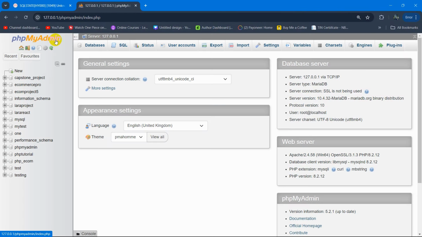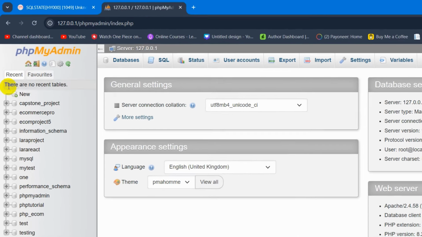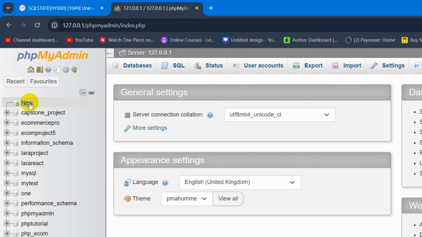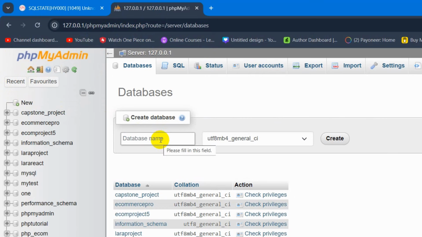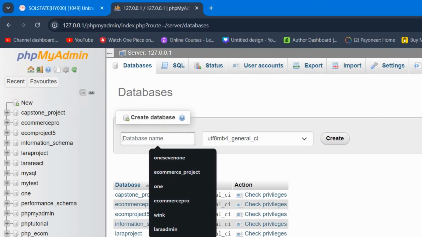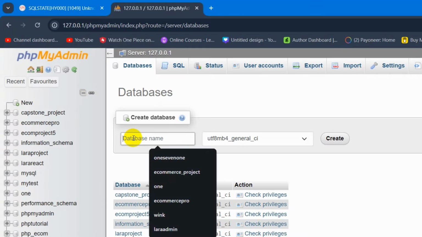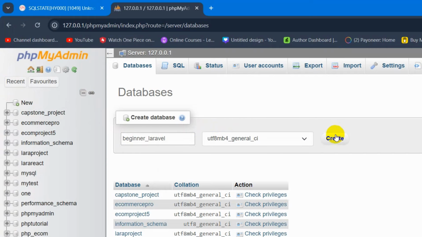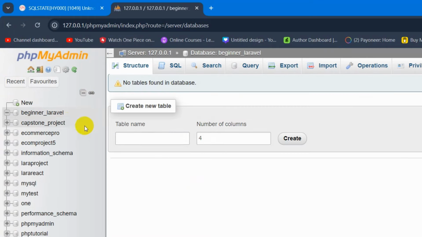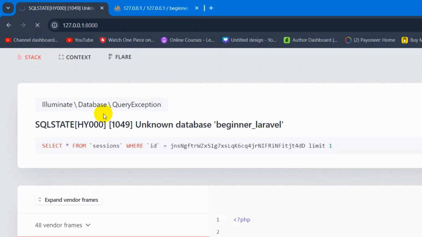Then I need to go to my phpMyAdmin. Here you can see I am currently in phpMyAdmin, and after coming here click on New. Then here you need to give the database name, and the database name we set in the .env file is beginner_laravel. So I'll just type beginner_laravel here, then click on Create, and there you can see a database is created. Right now if we refresh, it will still show us an error,